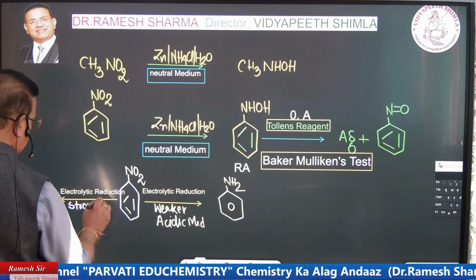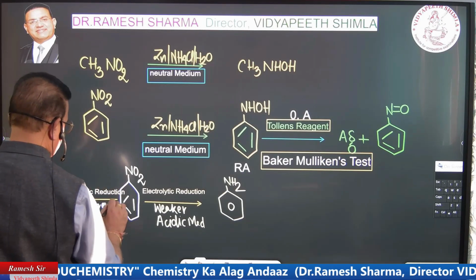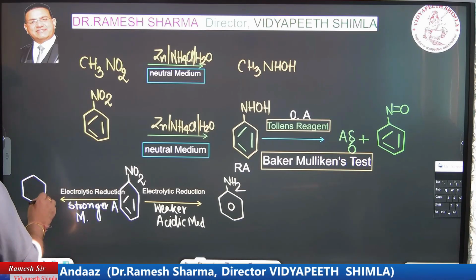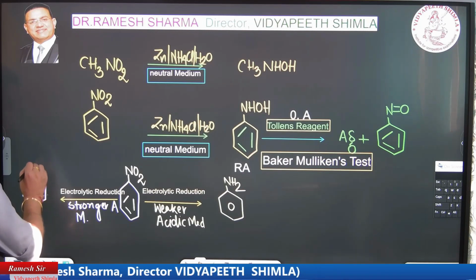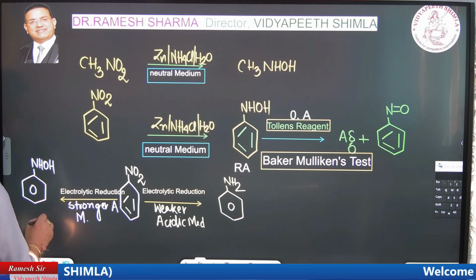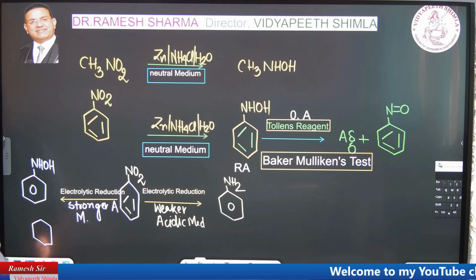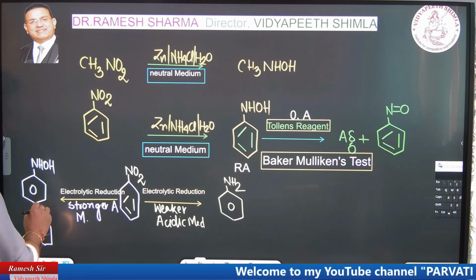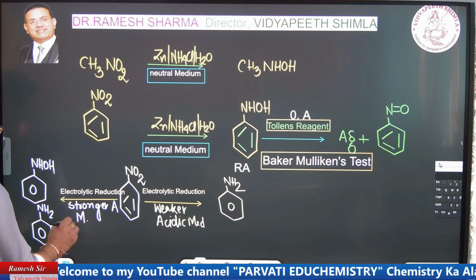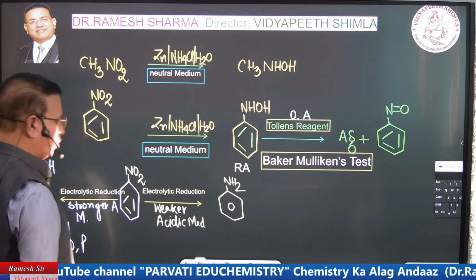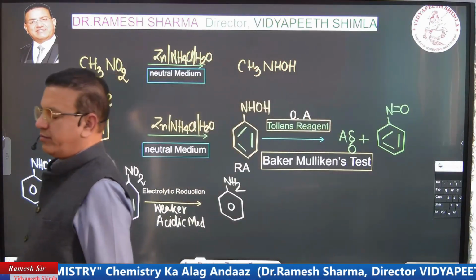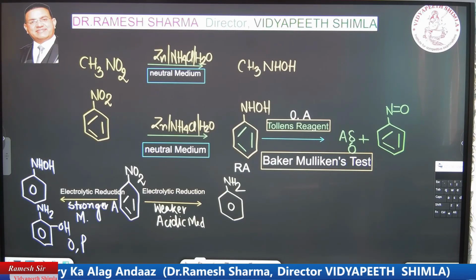But in stronger acidic medium, this gets converted into hydroxylamine, and this hydroxylamine then gets rearranged to form ortho and para hydroxyaniline. ठीक हो गया।